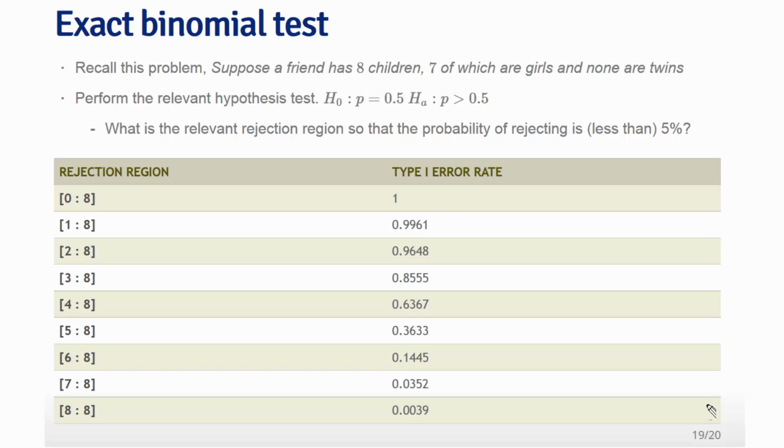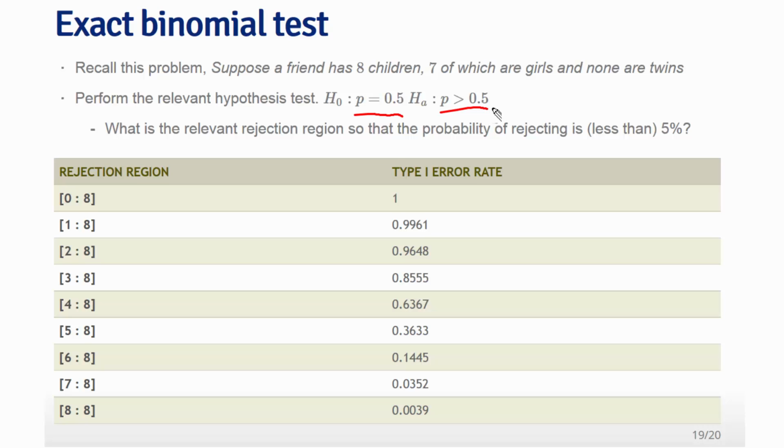Let's go through a fairly simple example of hypothesis testing that's not a normal or a t. So remember this problem where your friend had 8 children, 7 of which were girls, and you wanted to evaluate that with respect to IID coin flipping, thinking that maybe genders from a couple are like a coin flip. You're interested in how much evidence this is that the genders are IID fair coin flips between boys and girls for this couple. So you want to test the null hypothesis that p, the probability of a girl, is 0.5 versus the alternative that it's greater than 0.5, because you're a little skeptical. Your friend had 7 girls out of 8 children. So if you were to set up a hypothesis test, what would be the number of girls that the couple could have